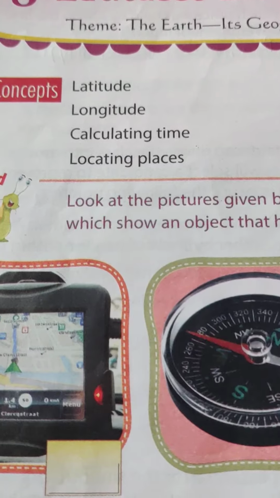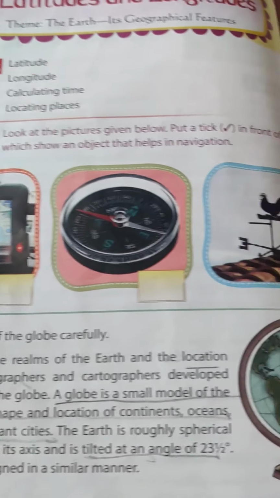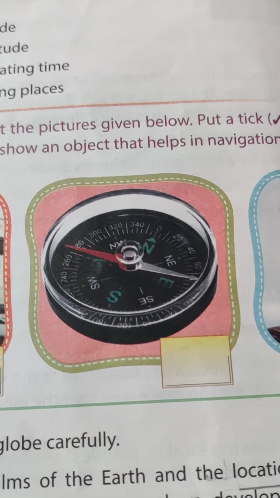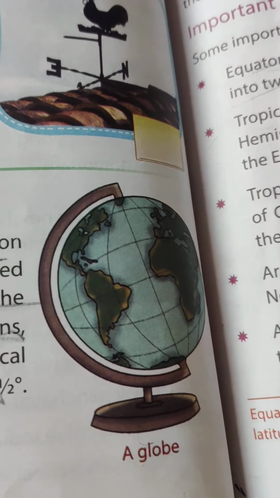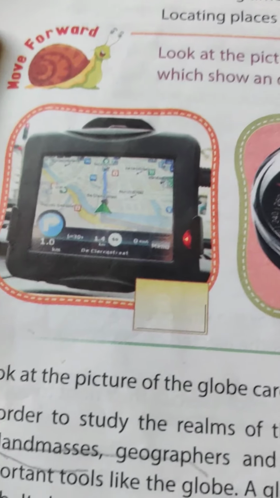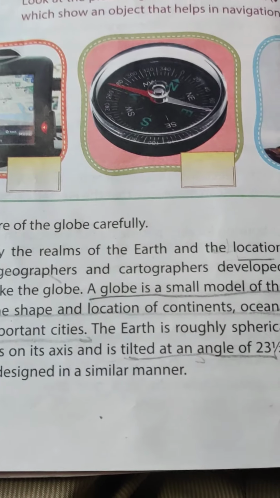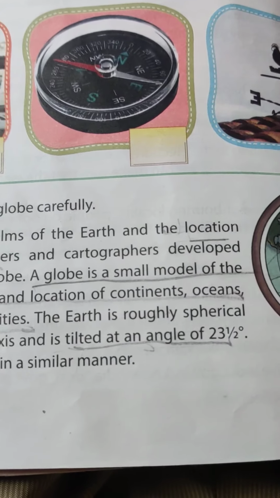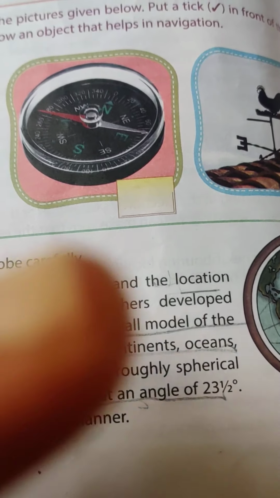Latitude, longitude, calculating time, locating places, right? So this is how information is organized in this book. First is the introduction. There is a GPS here, and there is North Pole, South Pole, compass, and more things here, right? A magnetic needle and globe. So we know these are all connected somehow, but kids will try to read through all these to see how they are all connected. They will start reading what is a globe, what is a sphere, what angle is it tilted, what is an angle, they don't know. It's okay, it has something to do with angle, right?